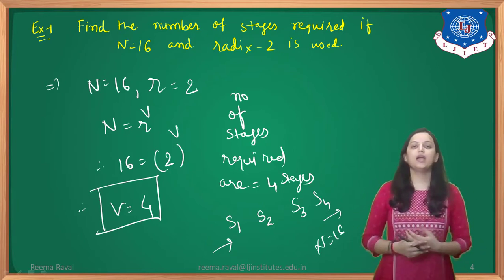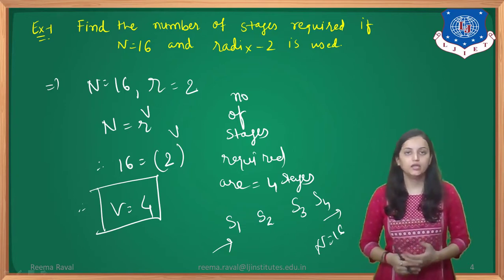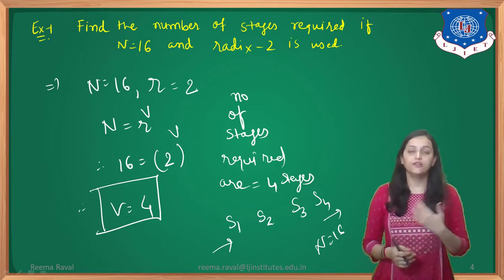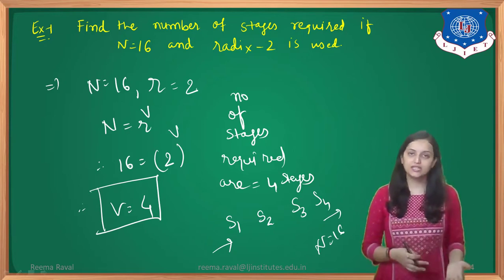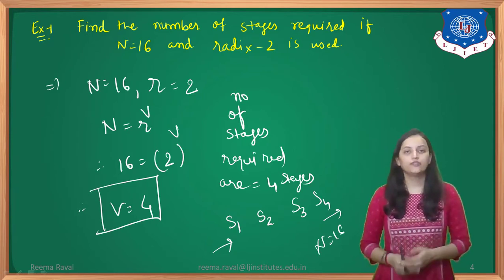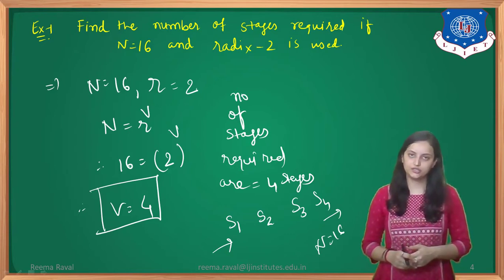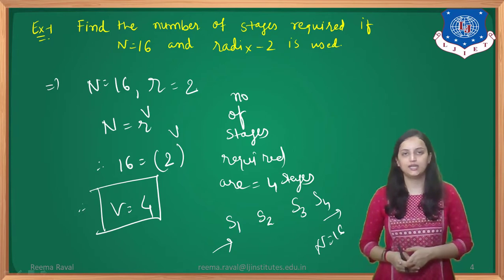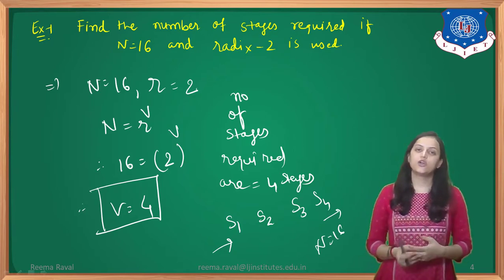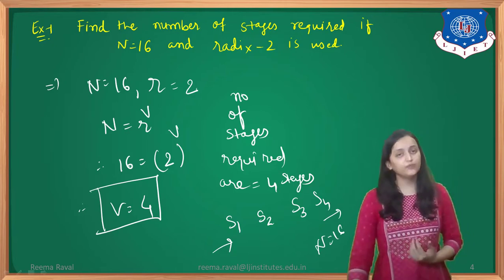Now, it may be asked in short questions, where a 1 mark question asks you to find the number of points where radix and number of stages are given. You can find it using this formula. So this kind of example is useful for such 1 mark or 2 mark questions, that means short questions in your examination. So you need to target this formula and based on that the data may be varied. So it is quite easy. Let us see one more example.